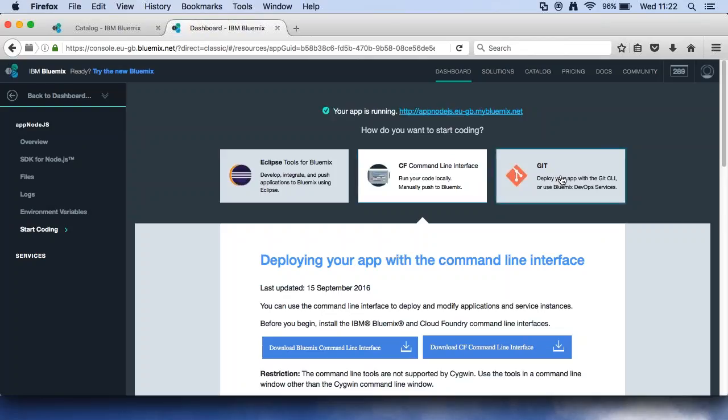You can leverage the power of the DevOps services, because with Git you can host your source code on the source repository, that is Git hosted by IBM inside of Bluemix,